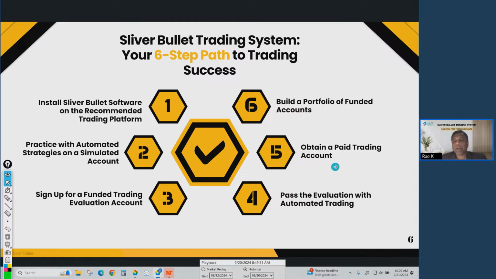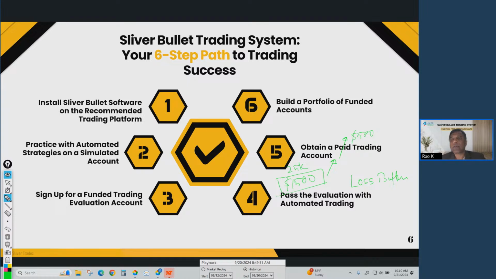That's one time. So once you have the paid trading account, what you have to do is build what we call a loss buffer. Not risk buffer, it's a loss buffer. You have to build a buffer of, say, $1,500 on a 25K account. Once you have built a buffer of $1,500, this is your loss buffer. Now, anything on top of it you can withdraw. Say you made $500 on top of it.